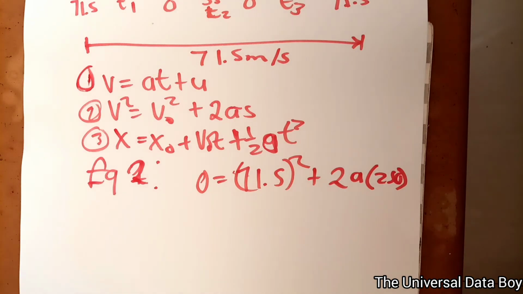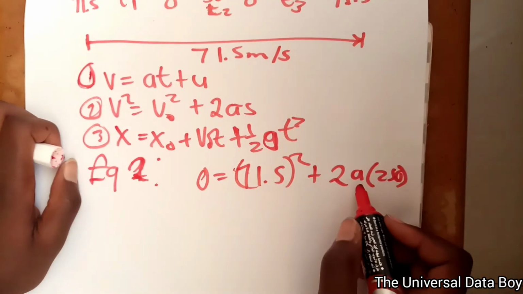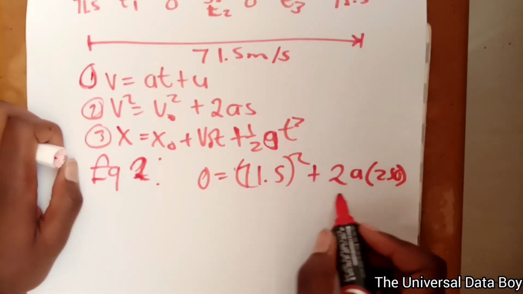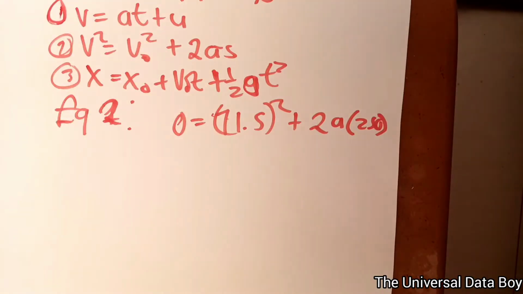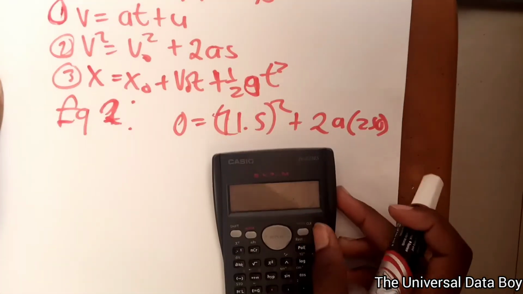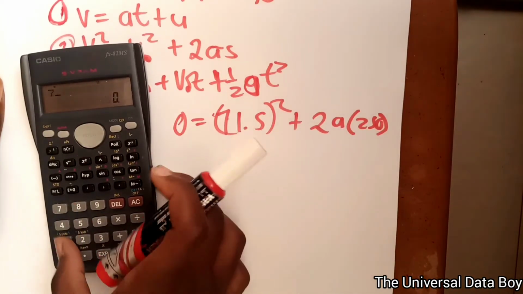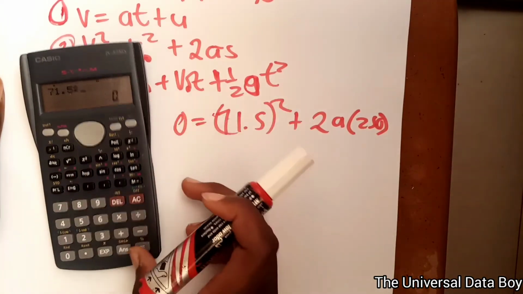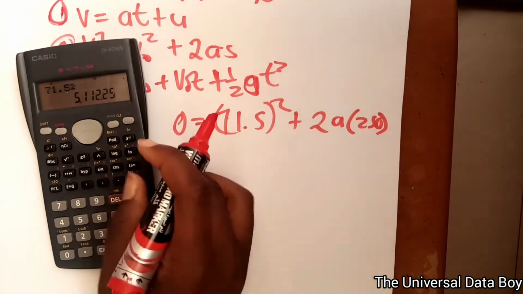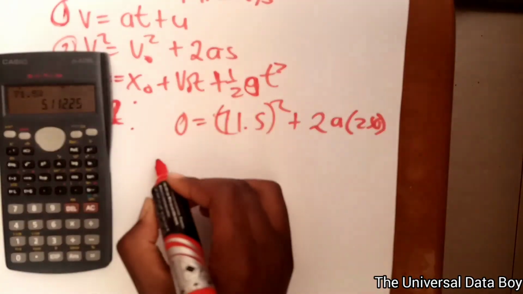So then we can make a the subject of the formula by taking this on that side. We're going to get our calculator, and 71.5 to the power 2, that's this figure. So taking this side, we're going to have negative